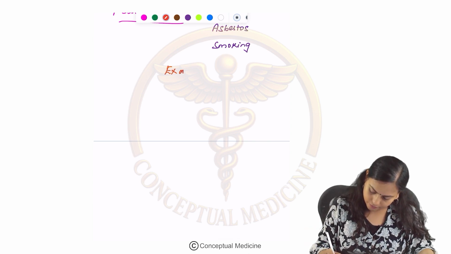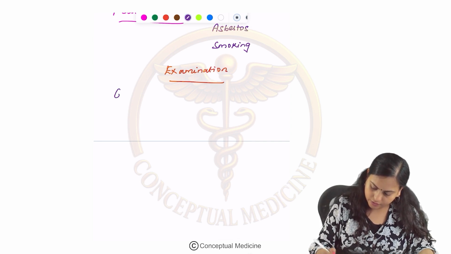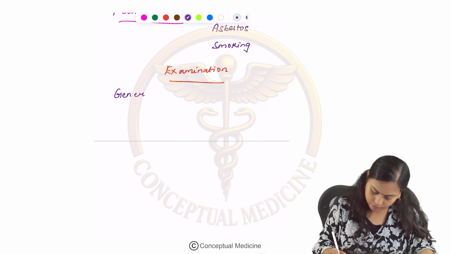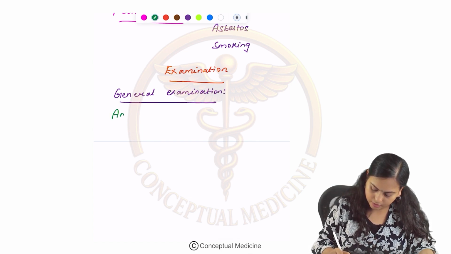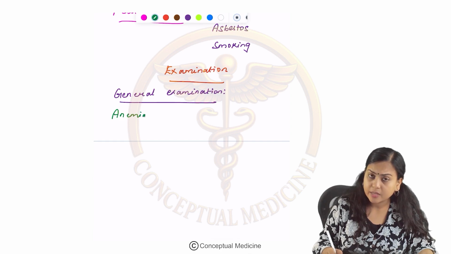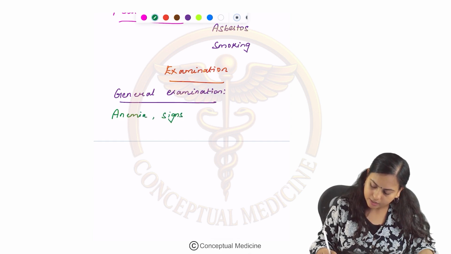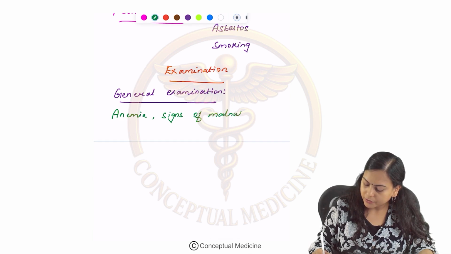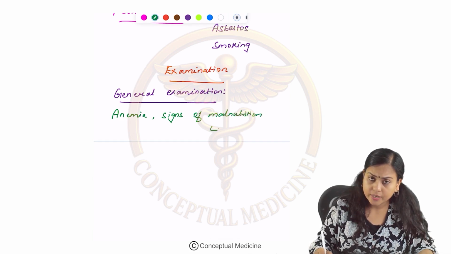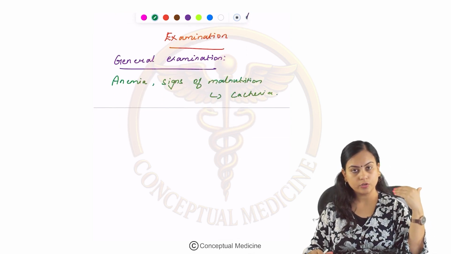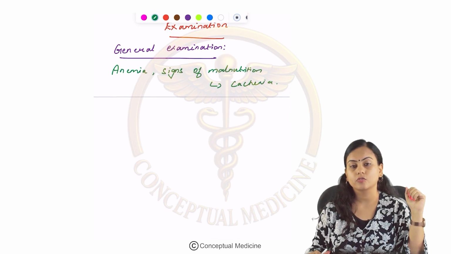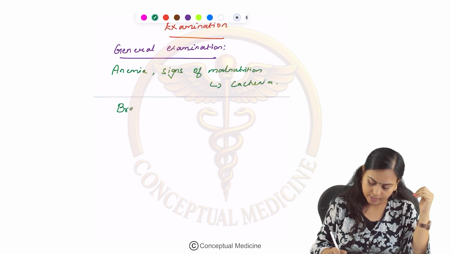So examination. First we'll start with general examination, where we will check if she has anemia, any signs of malnutrition, including cancer cachexia. As I told, breast cancer can be associated with certain syndromes. You have to also do breast examination,